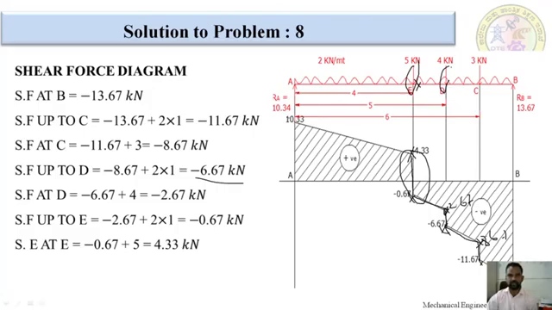For that reason, at A point we got 10.33. For UDL, I am going to draw with inclined line in shear force calculation. This completes at A point. After that we have to join with the baseline. This is positive shear force diagram, this is negative shear force diagram. This completes the shear force diagram.